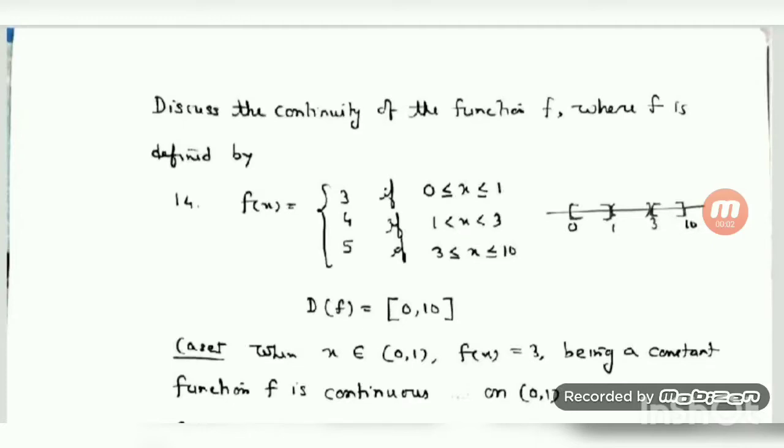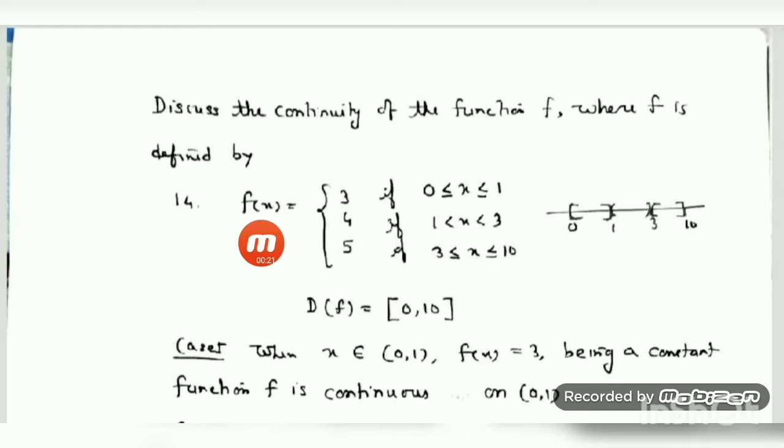Hello student, good morning. Let us do a few more questions on exercise 5.1. Today we will do from question number 14 onwards. Your question is: discuss the continuity of the function f, where f is defined by, question number 14,